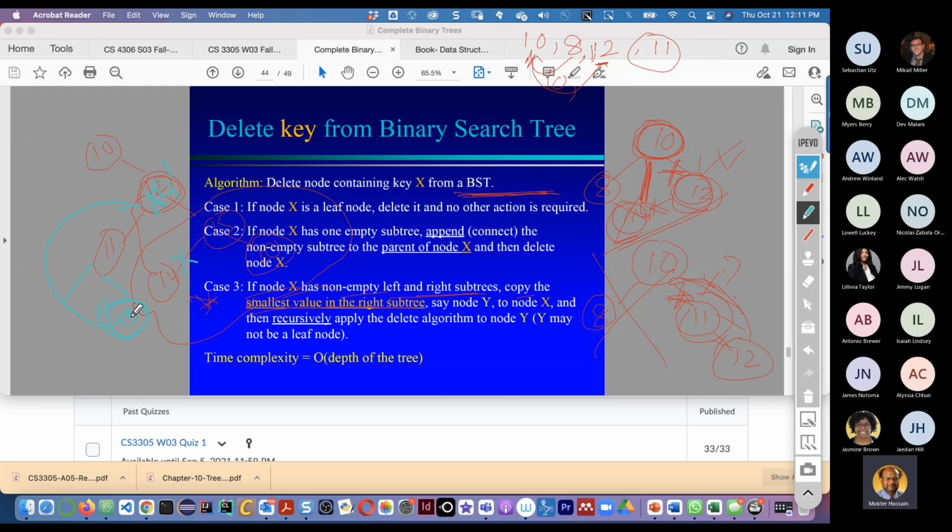We can take 13 over here, replace, and then delete 13. In that case, it can work also. But whatever the book has, follow only one method. You can take the largest value from the left subtree or the lowest value from the right subtree. Book has only one way, so follow the book. That should be fine.